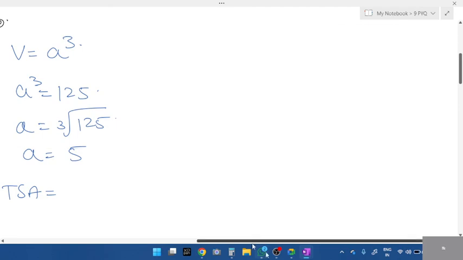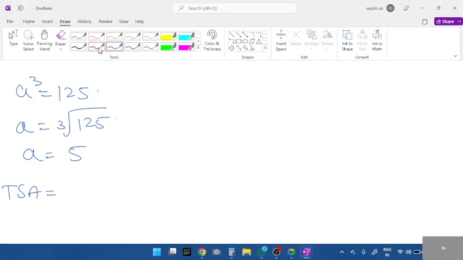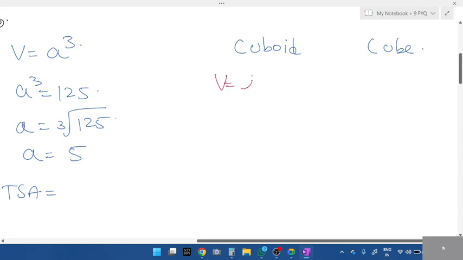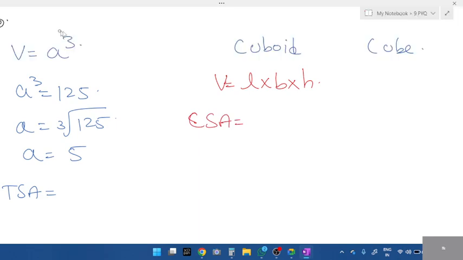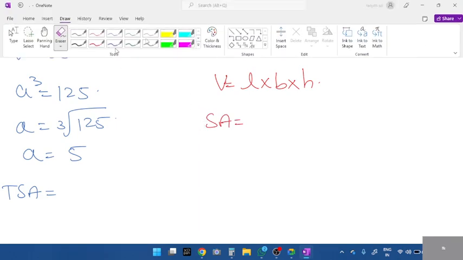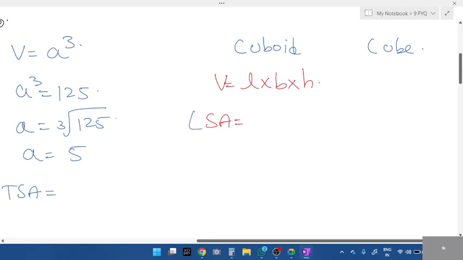Why is nobody responding? So soon you all forgot. What are the topics we studied, students? Cuboid and cube. Yeah, tell me cuboid formula, volume of a cuboid, length into breadth into height. Very good. Next, volume is done. Curved surface area. What is curved surface area? Not curved, lateral surface. Yes. Lateral is only side, students. Lateral surface area. What's the formula? 2 into LB plus